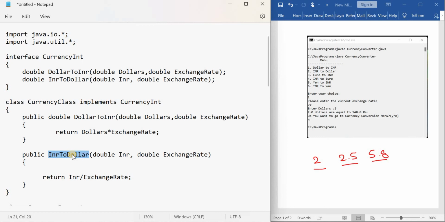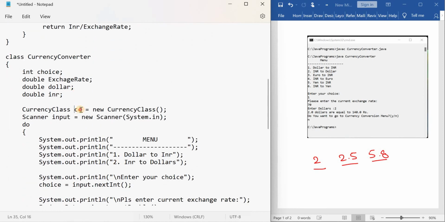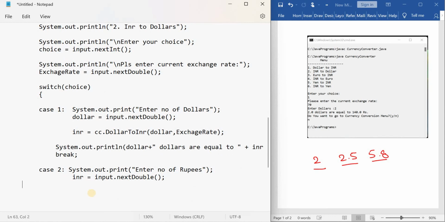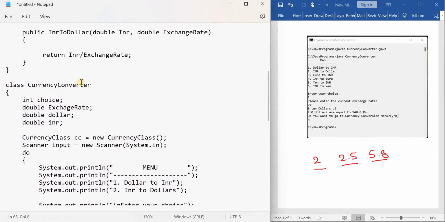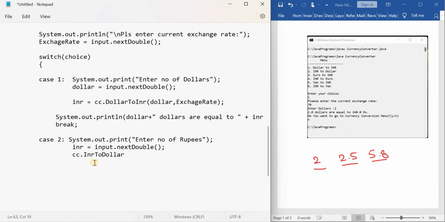How to call this? Again by using the object. What is the object name? Object name is CC. So directly call that method by using the object. Write CC dot and just copy that method name, Indian rupees to dollars, and paste it here.